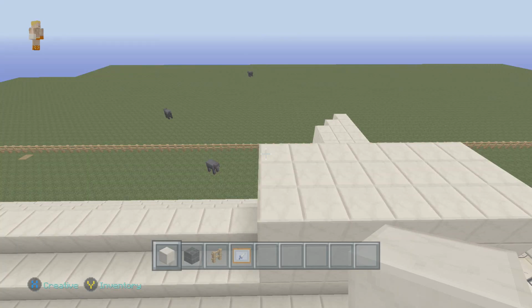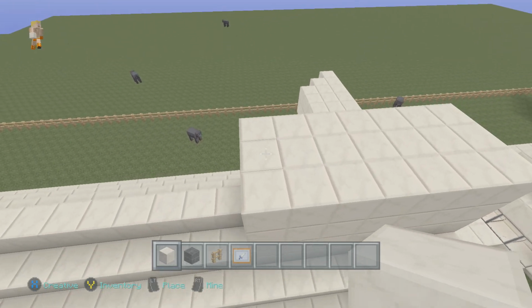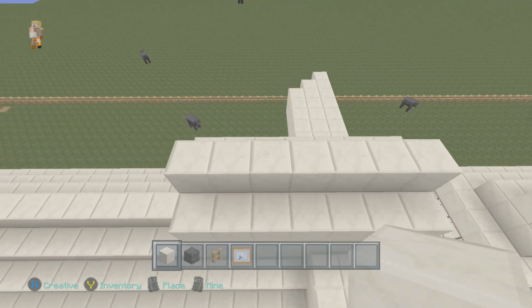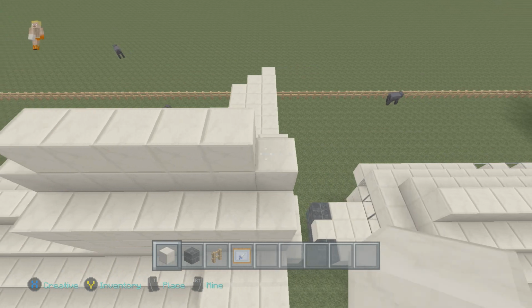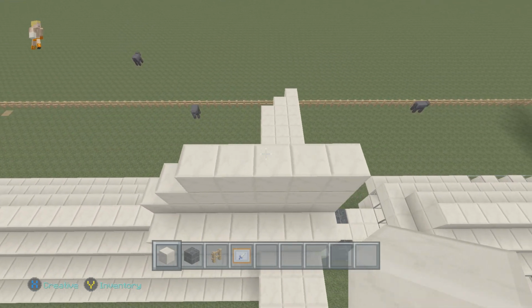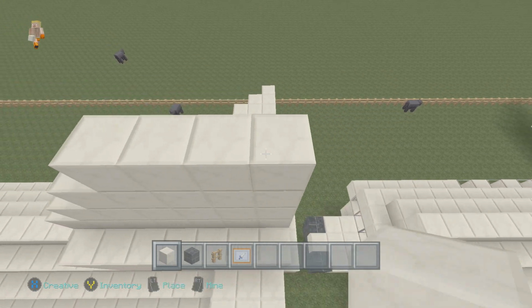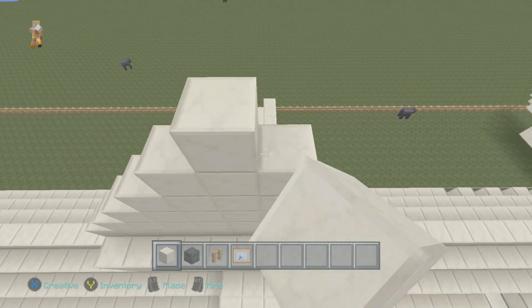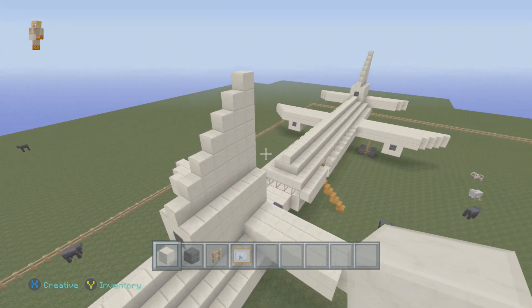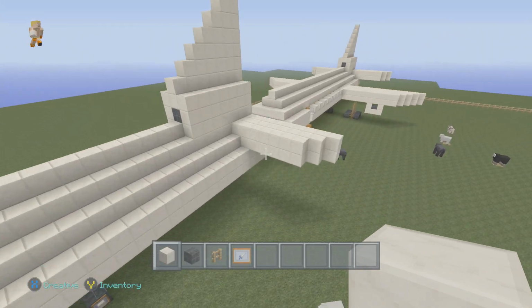And to make the fin on top of the engine, all you want to do is just keep going across in rows, but come in one block short every row in height until you eventually get to the top. So 3, 2 and then 1, and that's the fin for the back of the plane. And then for the wings,